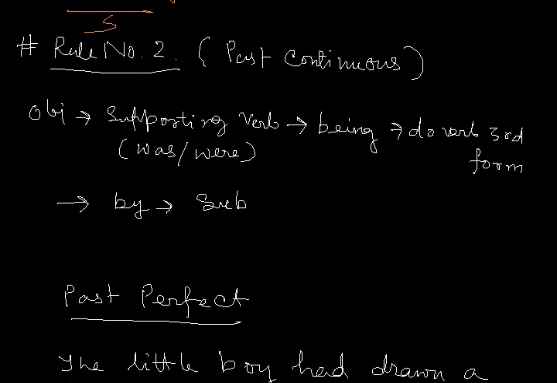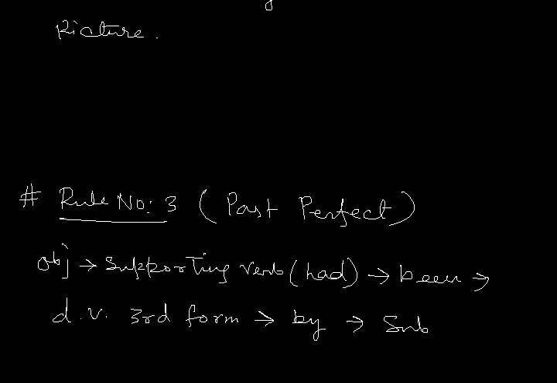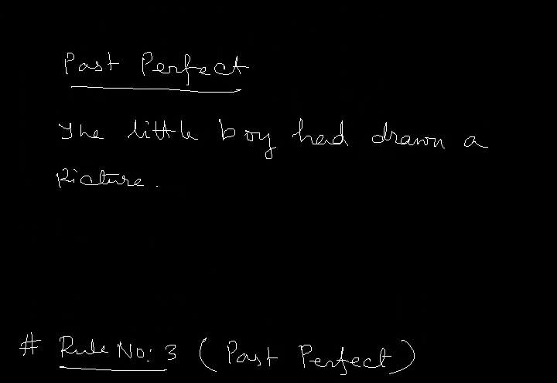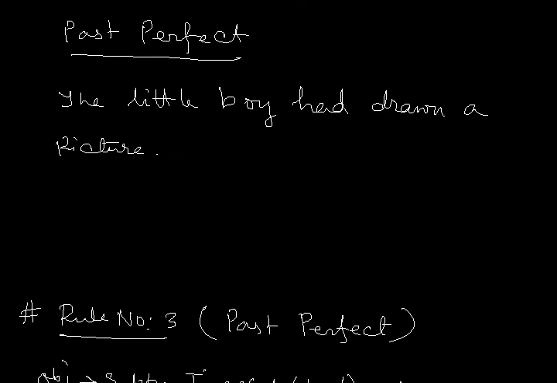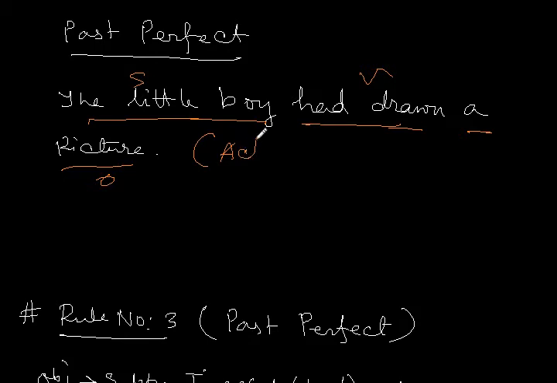Next comes past perfect. The little boy had drawn a picture. This is the subject, little boy, the little boy, had drawn the verb, and a picture is the object. And this is in active voice. Now let's change the sentence into passive voice. So object comes first, a picture,